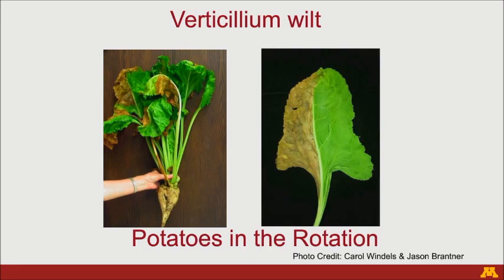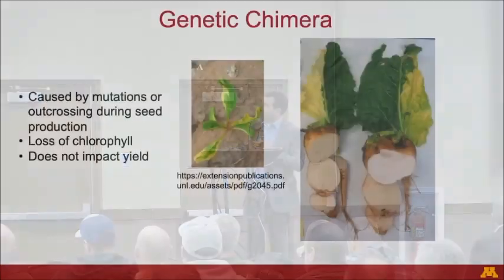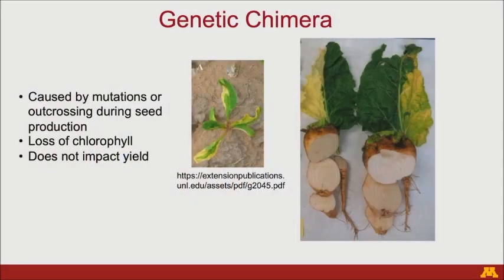Half of the leaves turn yellow, but it's more common if you're rotating sugar beets with potato ground, because this is a good pathogen on potatoes. So that can be confused for Fusarium as well. Another thing that looks very similar to Fusarium is the genetic chimera. This is caused by mutations that happen naturally during breeding and seed production. So there is nothing to be concerned about here. Some of the leaves look a little bit yellow, half, sometimes in very irregular shapes, and they're not going to cause any damage in terms of yield or anything. It's just a cosmetic thing that you see.